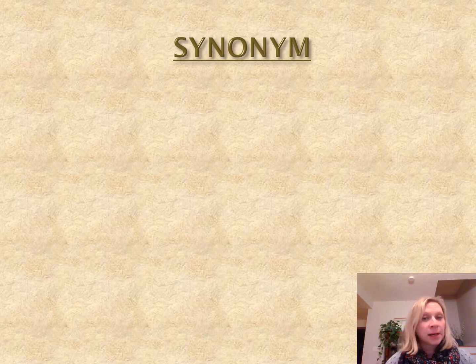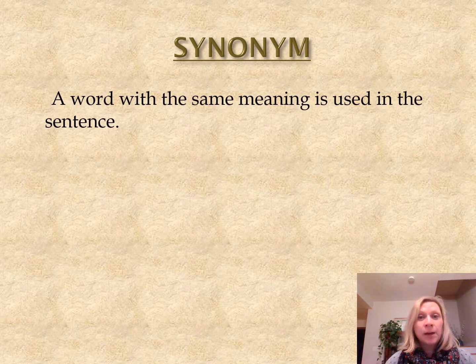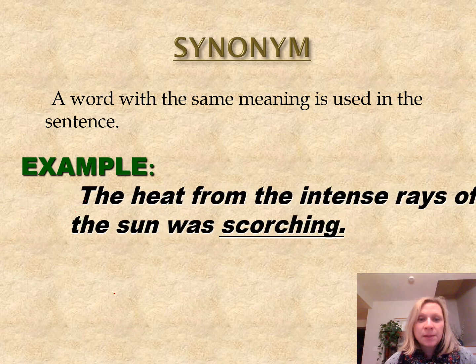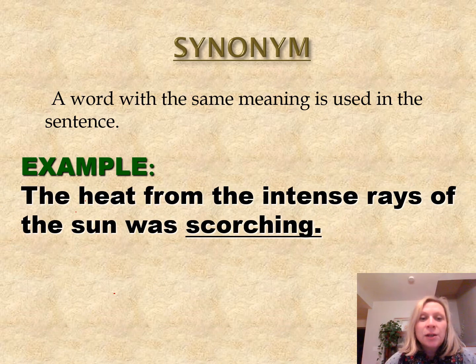Let's take the second type, which is synonym. In this example, it's a word with the same meaning as used in the sentence. That's the clue. So let's see what we have here. Let's see what our example is. It says, the heat from the intense rays of the sun was